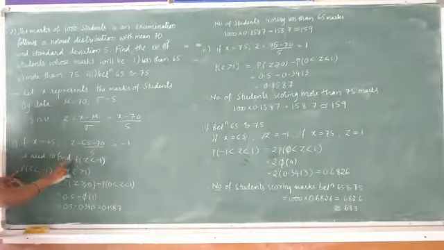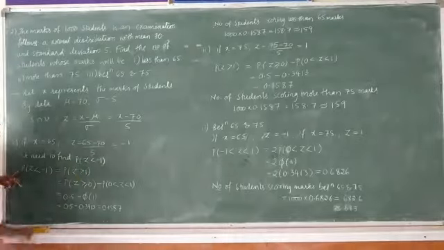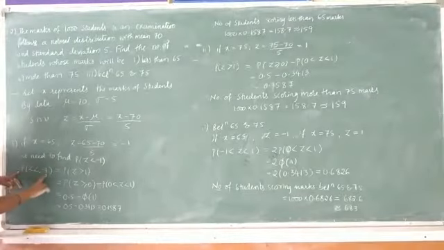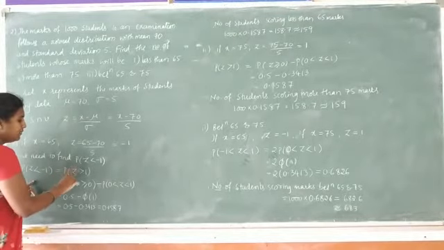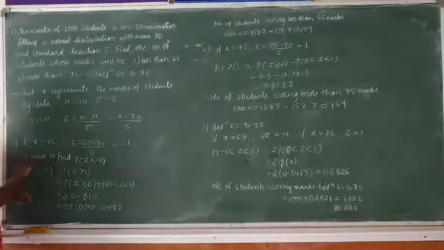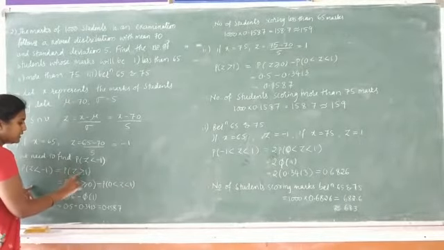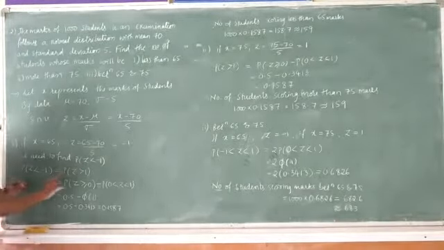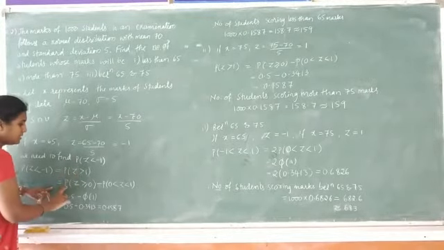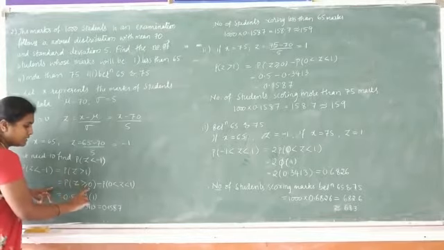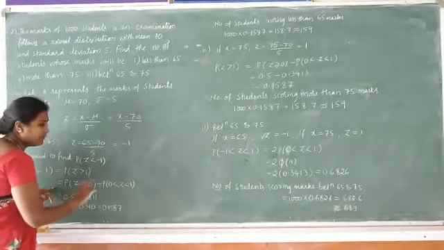Then we need to find the probability of z which is less than minus 1. Interchanging, here we are getting P of z greater than or equal to 1, meaning transferring LHS and RHS, by symmetry we can get P of z greater than 1. Then we can split for our simplification. This we can split as P of z greater than 0 minus P of 0 less than z less than 1, by the standard results.